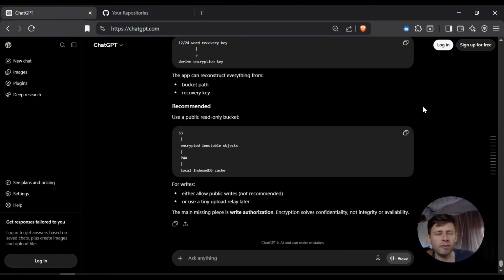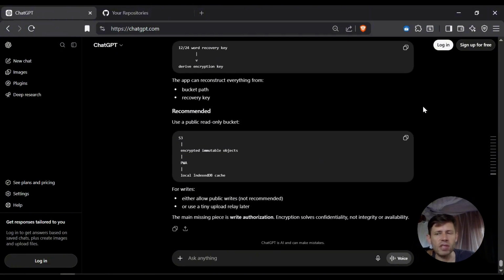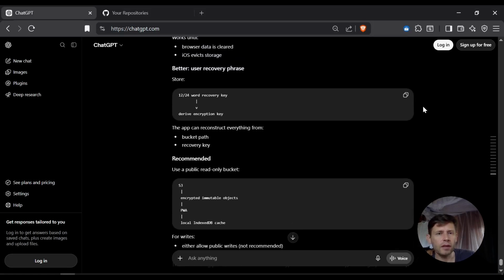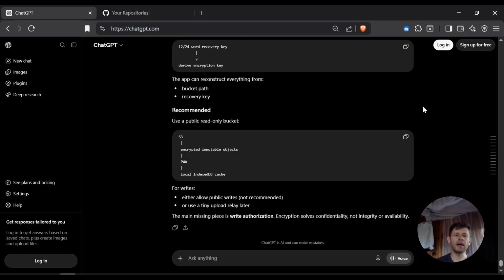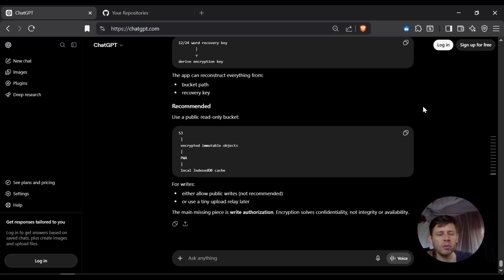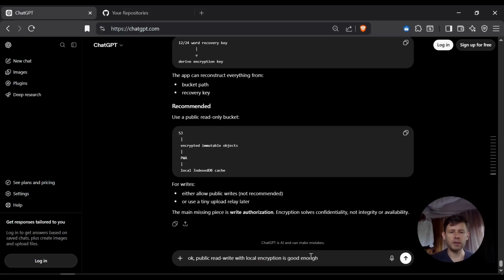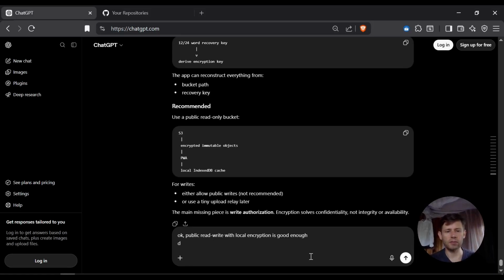That will be okay for now. The risk is minimal, and we can find a way later. For now, it will be good enough. Okay. Public read write with encryption, with local encryption is good enough. Good enough as public